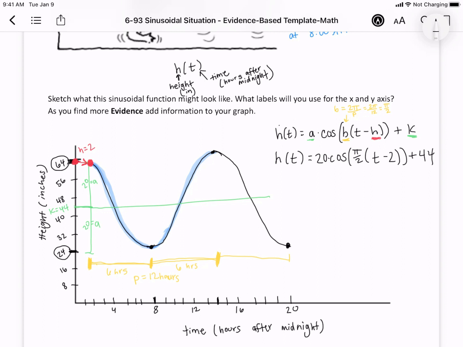There we go. This is the equation that represents the sinusoidal function of the water of the tides at low